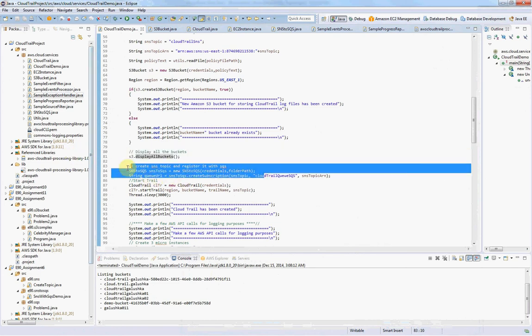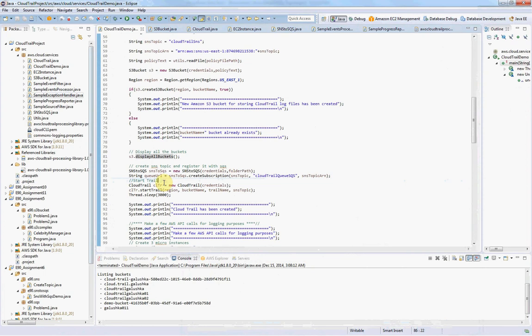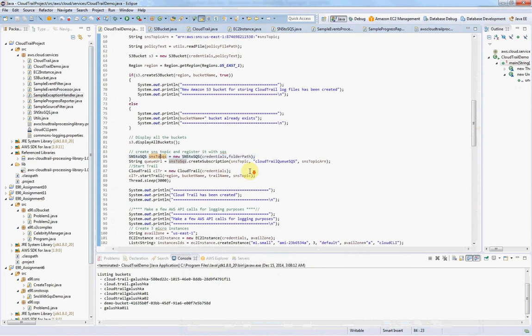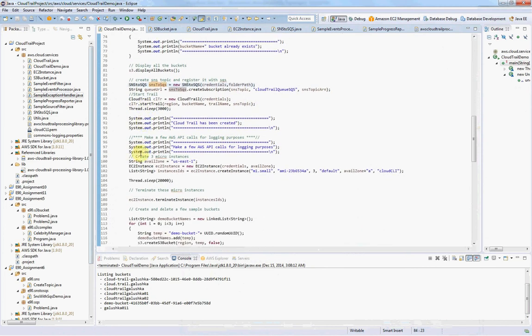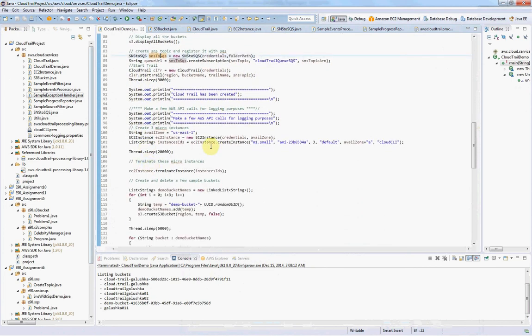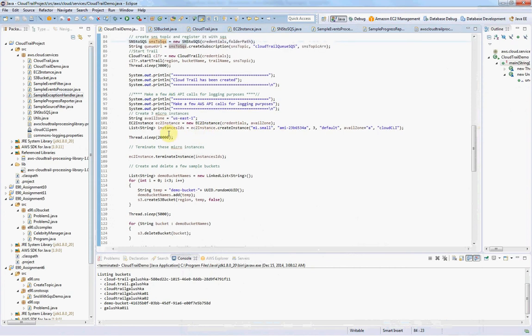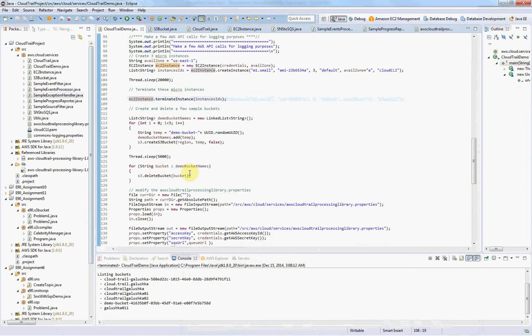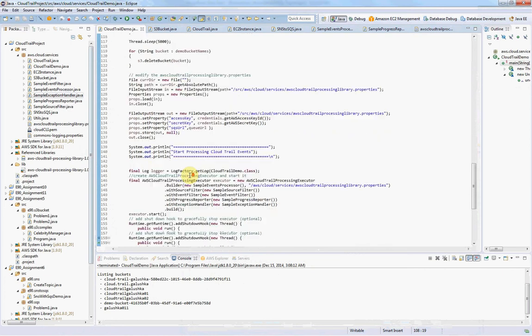You would like to have your SNS and SQS ready, and then you subscribe SNS to SQS so you can have messages in the queue, all the messages that come from SNS from your topic, saying the log file is available and ready to be processed. Then finally you start your trail, and once the trail is started, I decided to play around, as I said, with EC2 instances and then buckets. And after that,